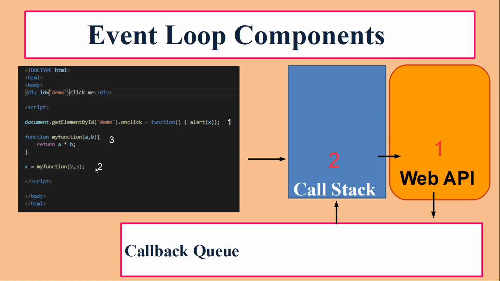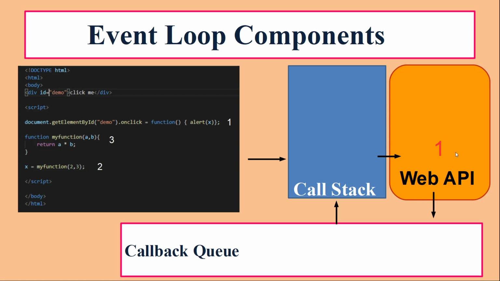Then we look at number 2 again and we say, well, can this be executed right away? Well, yes, it can now. So now we know the value of this function. We can put it in X. We can execute it right away. So we push that. Now, at the moment, there's nothing in the call stack,